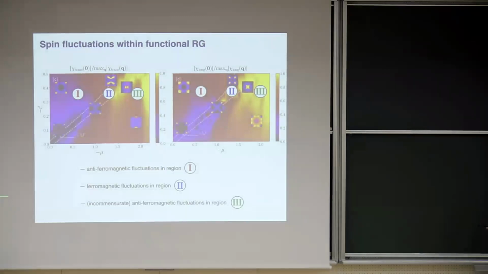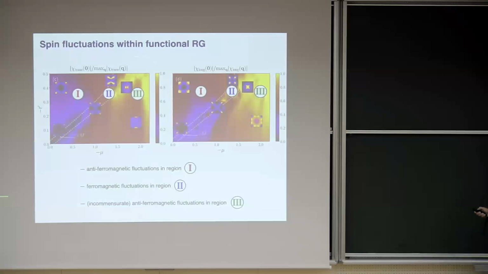So this is the spin fluctuation spectrum as computed within functional RG. Here we are still a little bit above the ordering temperature. The system is not yet in the superconducting phase. And what is shown here is the spin fluctuation as a function of the filling and as a function of the second neighbor hopping t'. And in yellow here is shown the location of these Van Hove singularities. And I have indicated these three different regions. I have region 1, where I have two hole-like Fermi surfaces, in region 2 I have a hole-like and an electron-like one, and region 3, where I have two electron-like Fermi surfaces.